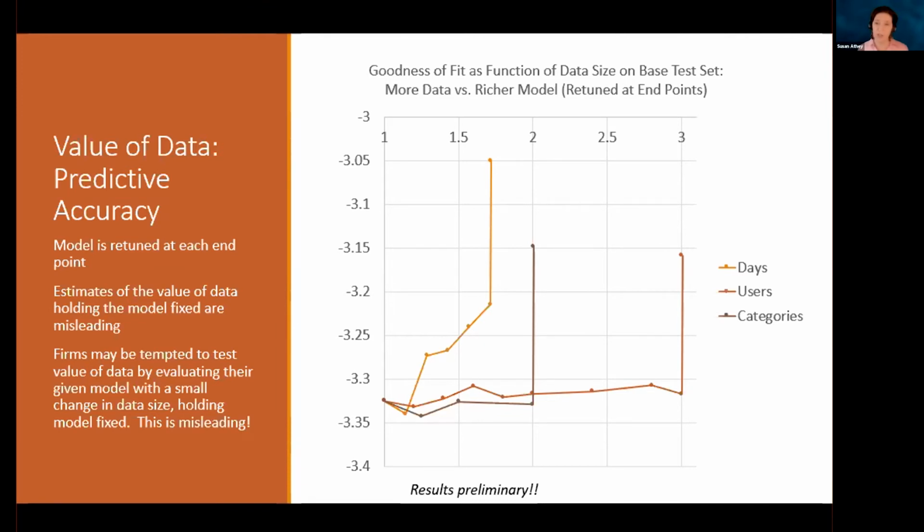This is a very computationally intensive exercise that we're doing because we're resimulating and rerunning this model hundreds of times with lots of different data sets and retuning and all of this stuff. So it's been a challenge to do the engineering to make this run fast enough to do our full set of simulations, but hopefully we'll have more complete results soon.